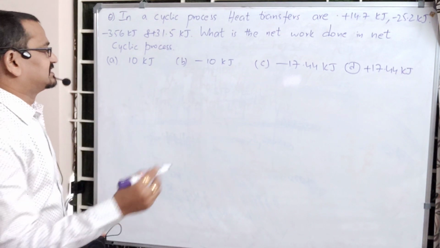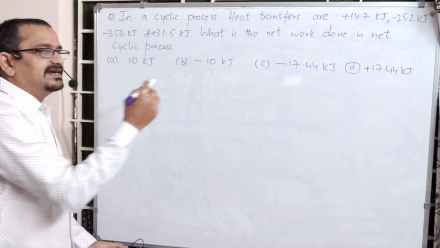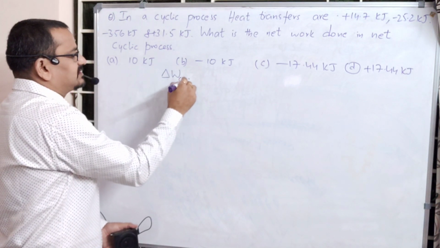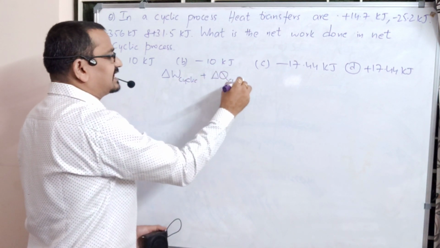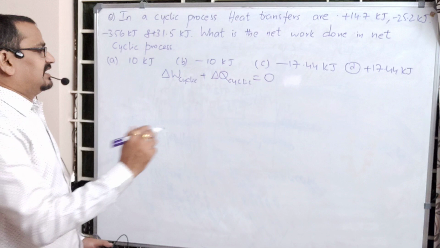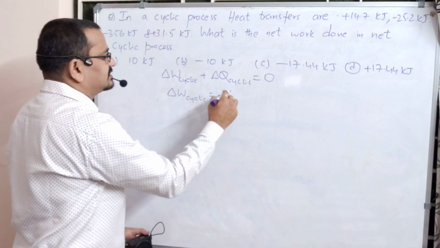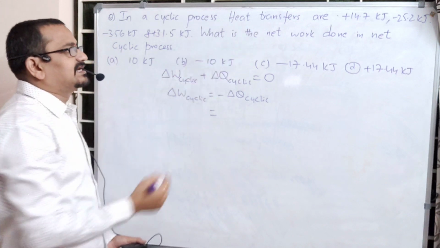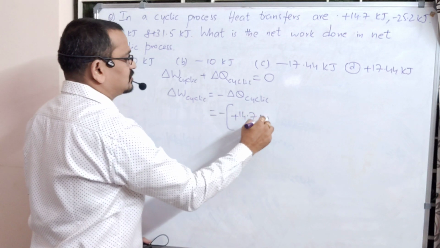It is a cyclic process, and first of all we should note that in a cyclic process, the change in internal energy will be 0. That is, work done in the cyclic process plus heat content in the cyclic process equals 0. It is from the first law of thermodynamics only. Now, the work done in a cyclic process can be expressed as minus the heat content in a cyclic process. So this can be calculated as a sum of those values, minus of plus 14.7 kilojoules